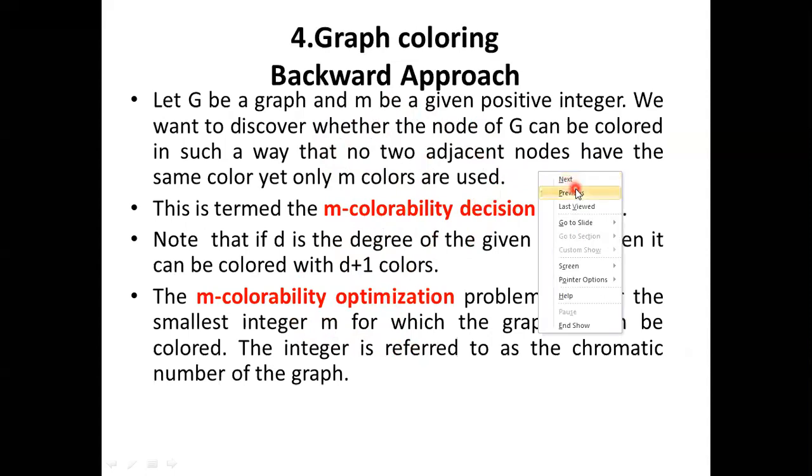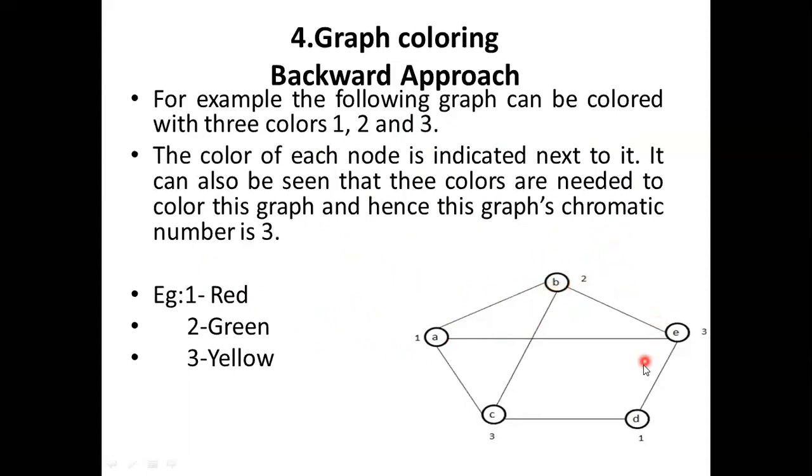Now I will take one graph. See this particular graph. Do not worry about the numbers 1, 2, 3. That is the answer, it is written here. Actually, you have to see the names which are given for the vertices: A, B, C, D, E. Right? Here, first I am going to explain graph coloring